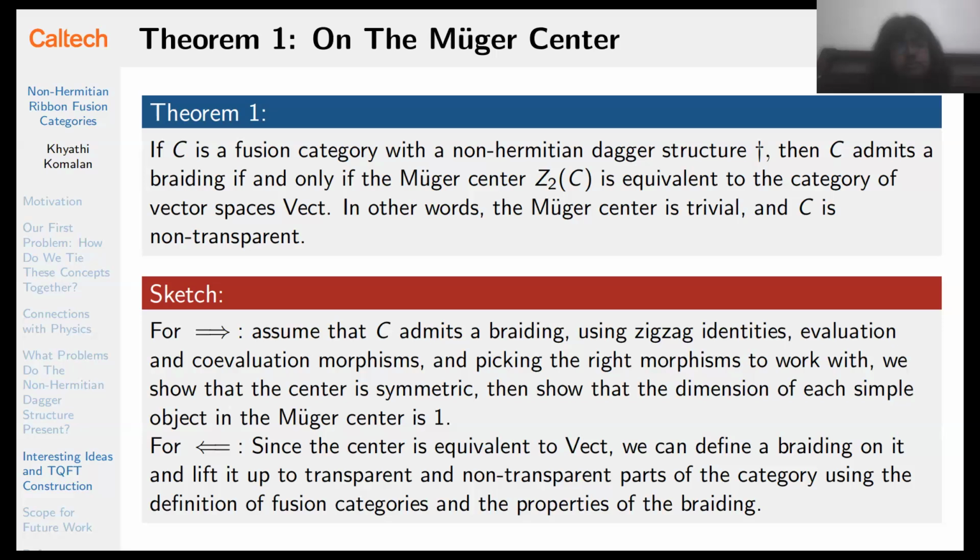We would, in the Müger channel of the category, if C is an Hermitian dagger structure,